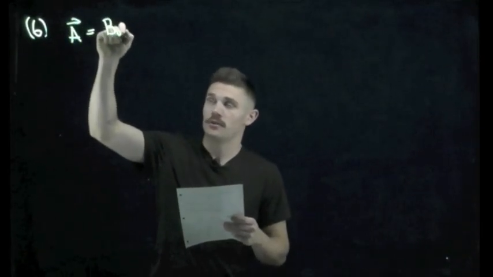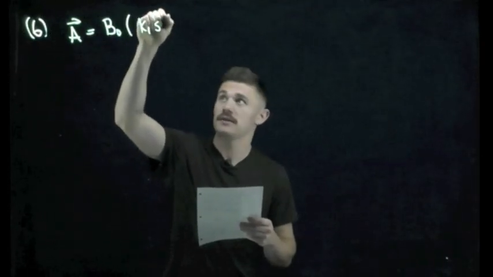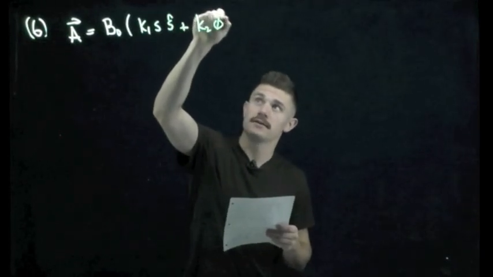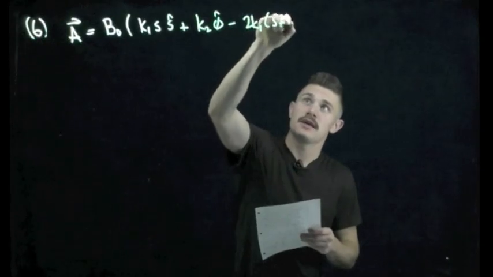Question 6 of the practice final reads: given A, which is the vector potential, is equal to B naught K1 S hat plus K2 phi hat minus 2K1 S plus Z Z hat. So I'll write that. We have our vector potential A is some constant with the right units B naught, K1 also with the right units is some constant, S hat plus K2 phi hat minus 2K1 S plus Z